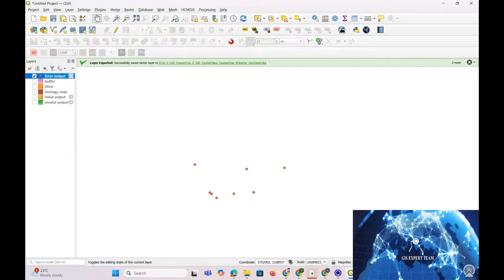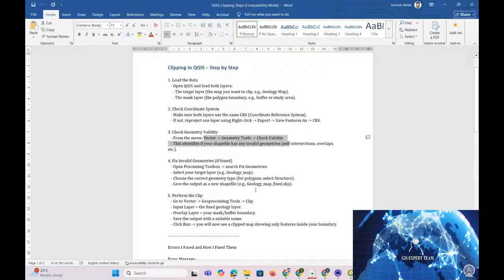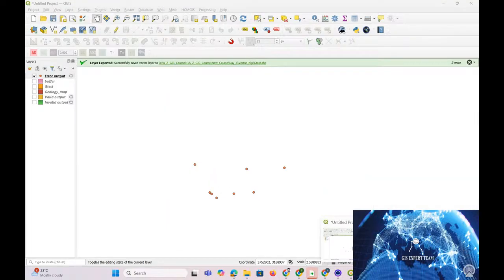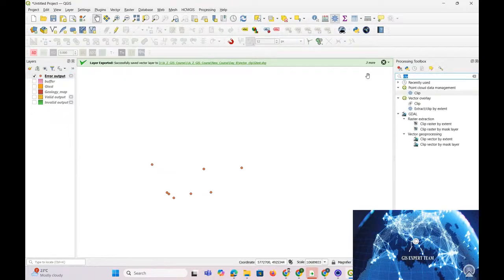So what will you do? First I have read the process. You have checked this. If invalid geometry is found, we use the fix geometry tool. So go to the processing toolbox and search fix geometry. This one. If you are not able to find this one, search fix geometry, just copy it and go to the processing toolbox. The processing toolbox is here, open it and search this